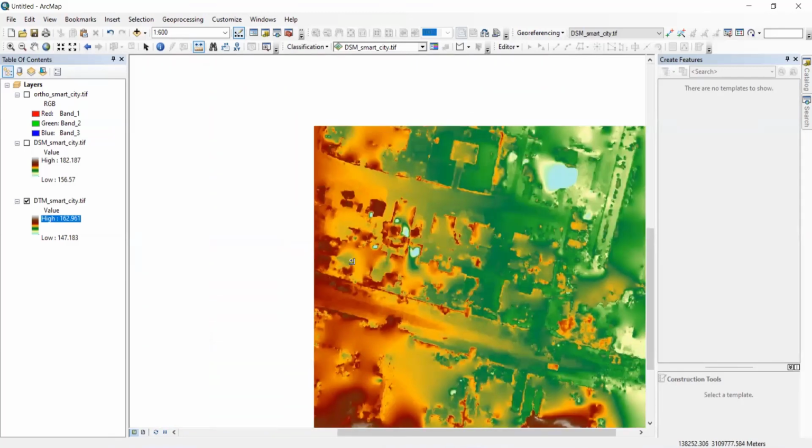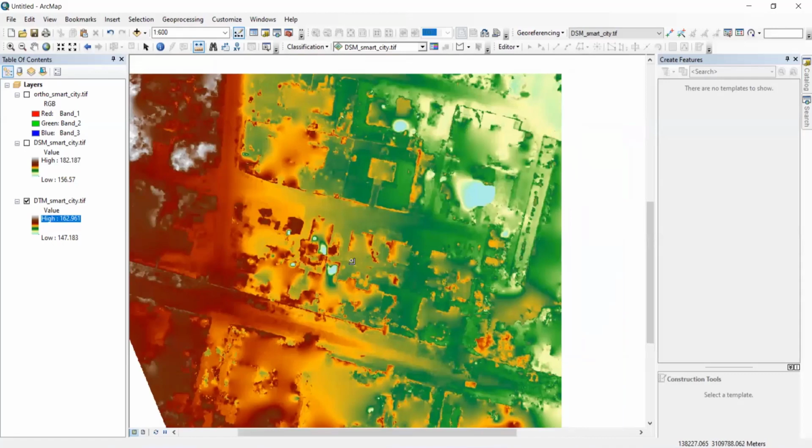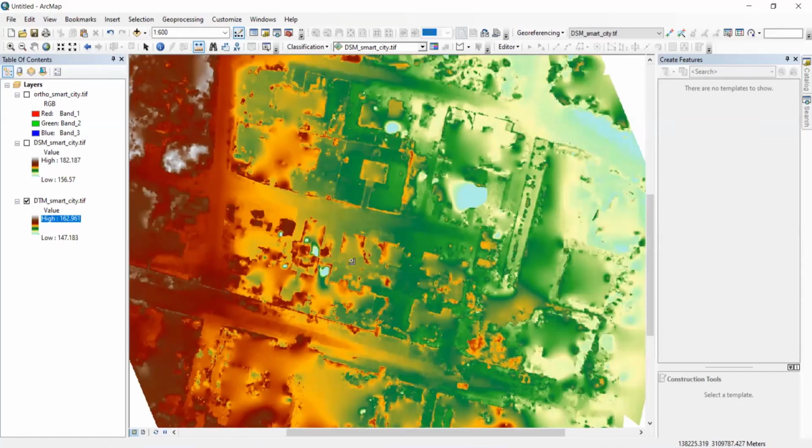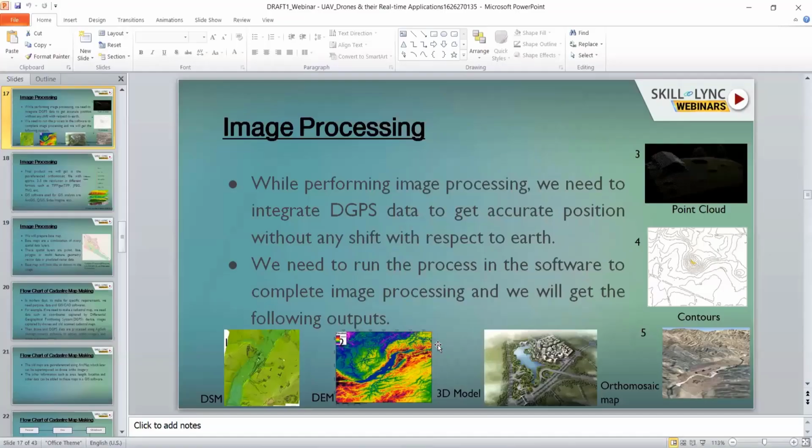So these DTM and DSM will help to get the DEM, the digital elevation model. There is a formula like DSM plus DTM equals DEM. So we will get the digital elevation model. With the help of this model, we can do projects for watersheds and sewerage operations, and other things like tax management and household information; we can plan all those things accordingly.